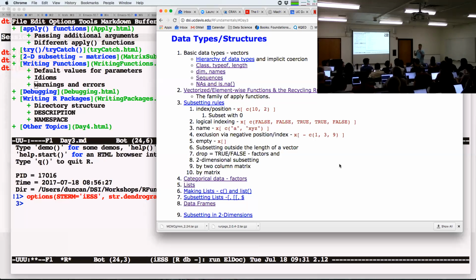Therefore, it has to give you back something intelligent. So it's like sort of this NA business. You know, what's adding 1 to an NA? What do I get? Well, I get an NA. This is a scalar, so this gives you back false. So you give it something of length 1, and all of a sudden it's become length 0. So you start with something with length 0, and you've now got something with length 1. And this can be slightly odd, okay? That's fine.